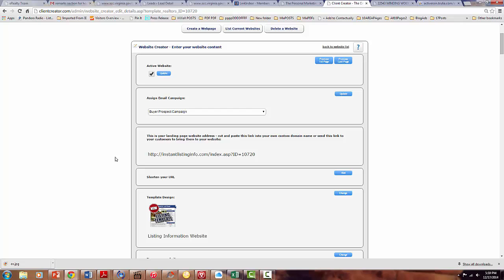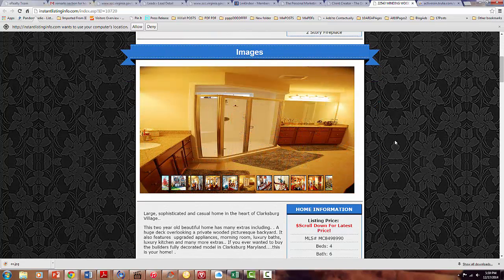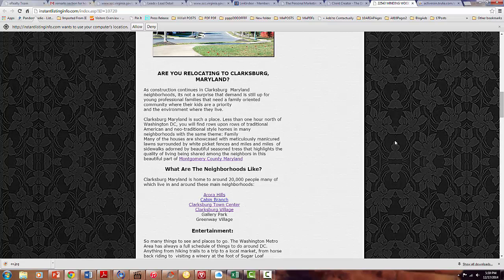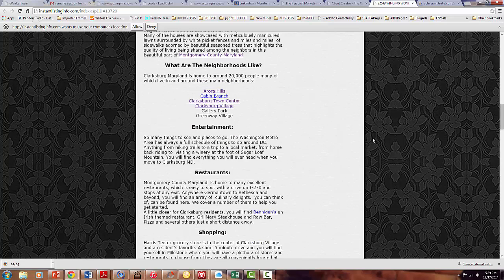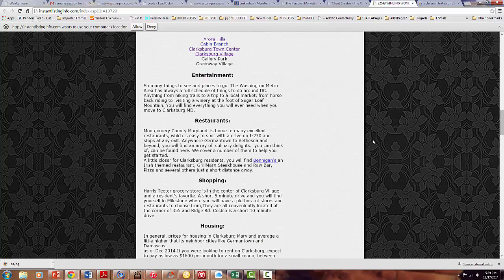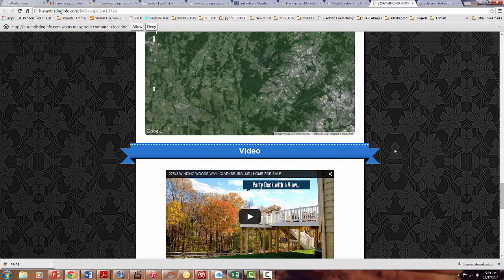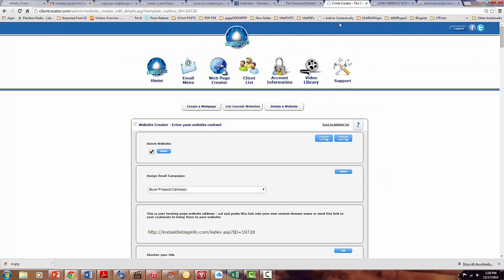And obviously I don't want to advertise this in the city where the house is located. I want to look at the cities where people live right now, who more likely would like to come live in this neighborhood, this house, this city, for all these benefits that there are in Clarksville, Maryland. So once I know who those people are and where they live, this is when I drop my Facebook ad to get them to click on this particular landing page, so I can get them to reveal themselves to me, so I can sell them the house. So this is another way we use Client Creator.